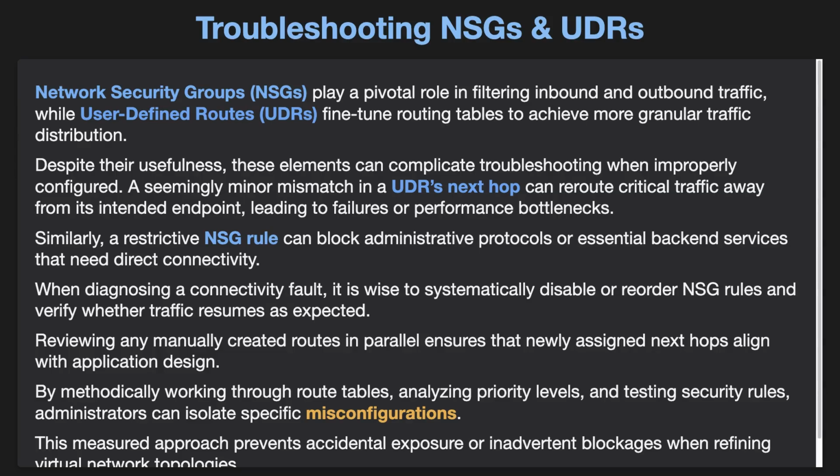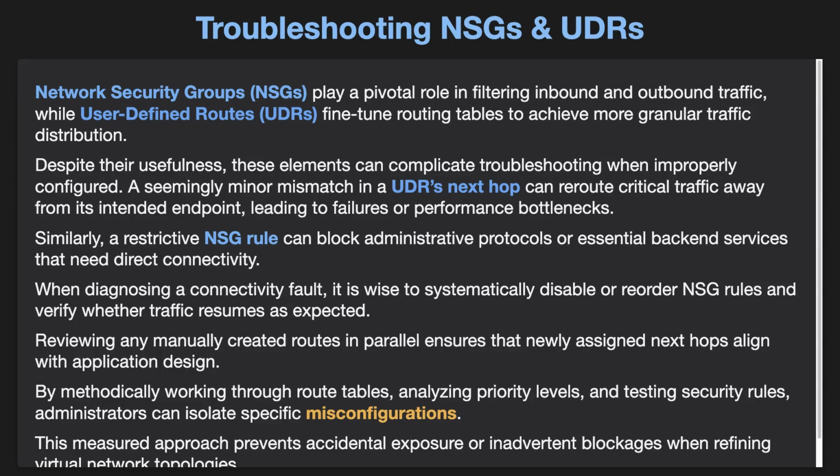Network security groups, NSGs, play a pivotal role in filtering inbound and outbound traffic, while user-defined routes, UDRs, fine-tune routing tables to achieve more granular traffic distribution. Despite their usefulness, these elements can complicate troubleshooting when improperly configured. A seemingly minor mismatch in a UDR's next hop can reroute critical traffic away from its intended endpoint, leading to failures or performance bottlenecks. Similarly, a restrictive NSG rule can block administrative protocols or essential backend services that need direct